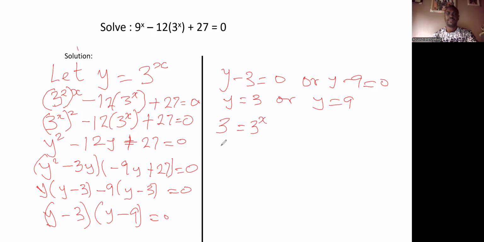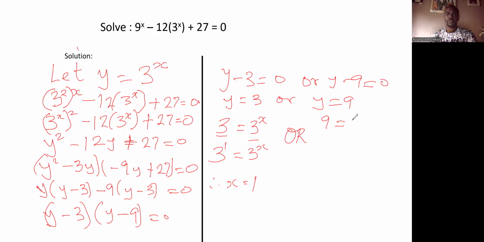Since the bases are the same, we are going to write this in exponent form, then the powers are the same. This 3 is the same as 3 raised to the power of 1 to be equal to 3 raised to the power of x. Therefore, x is equal to 1,